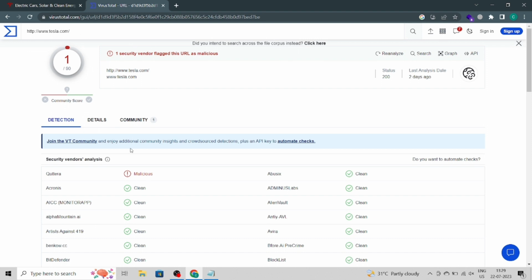But we don't want this, we just want another tab which is the relations tab. So we again remove all these things,